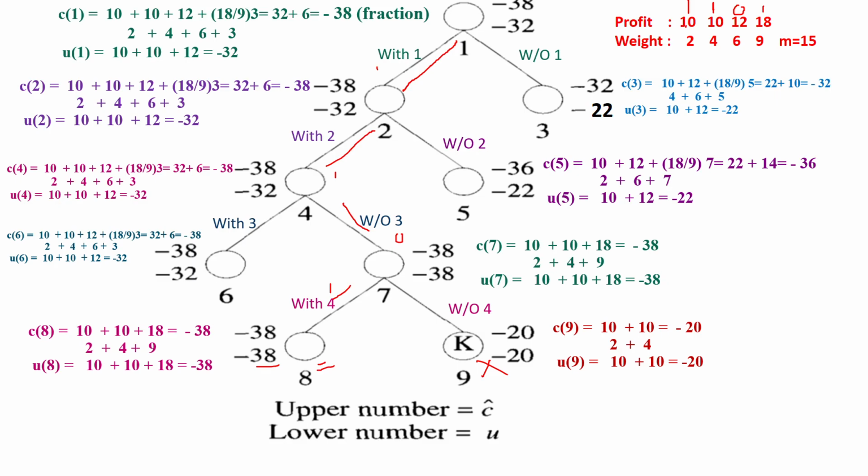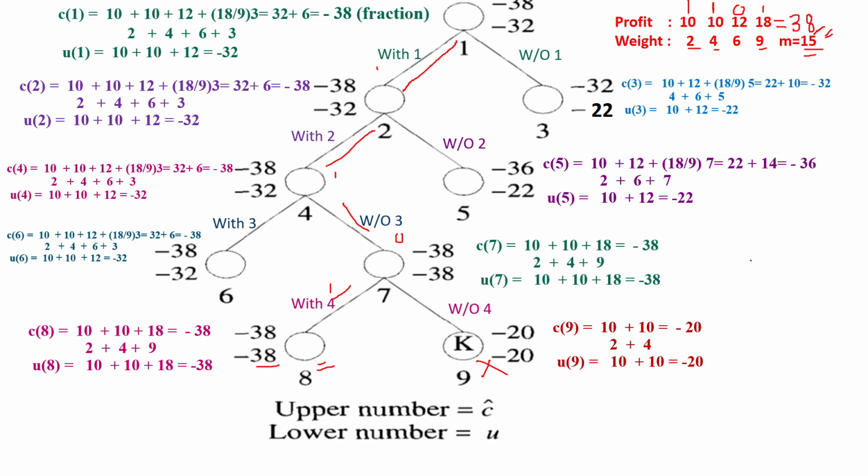That is first item 1. That is 10 into the x value, which is 1 here. 10 into 1, plus 10 into 1, that is 10, 20. 0 into 12 means 0 only, and 18. So this will be equal to 38. This is your maximum profit. Even if you want to check the weight also, see here, 2 plus 4, 6, 6 plus 9, 15. As it is equal, that criterion is also satisfied. In this way, with the help of the least cost, you are getting the maximum profit here.